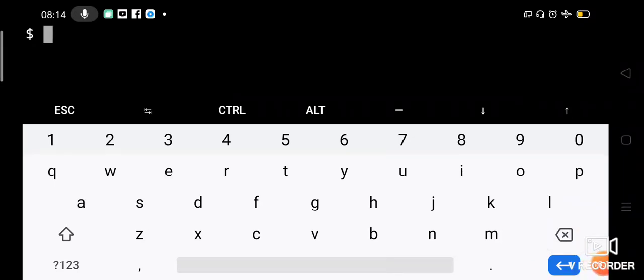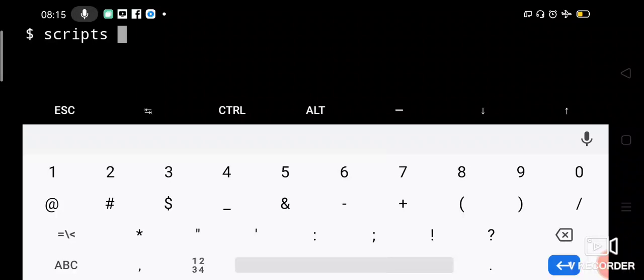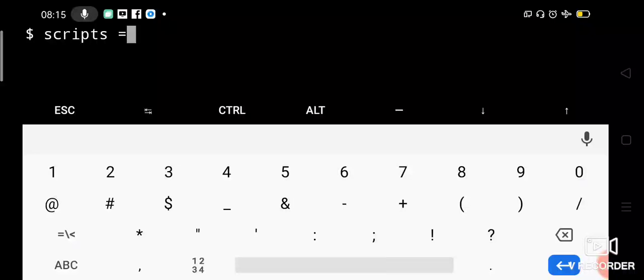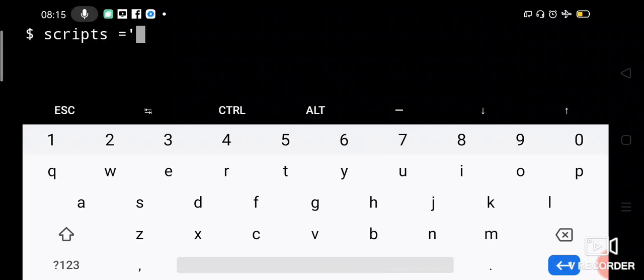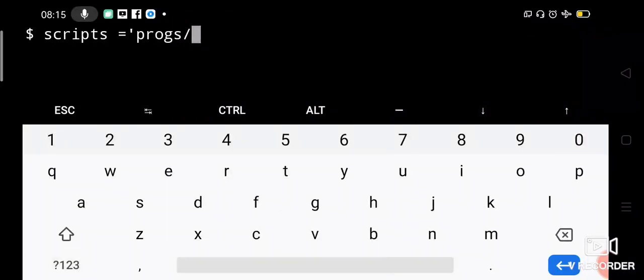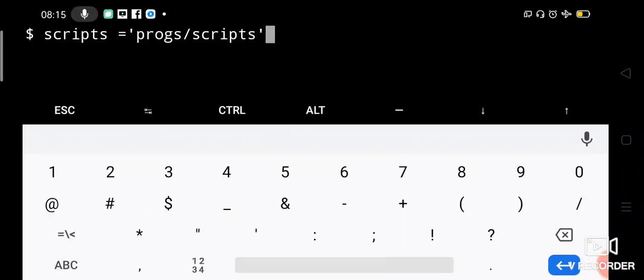Okay, let us create another variable called scripts and assign a path to it, equal to, within quotes, the path programs slash scripts, quote close.